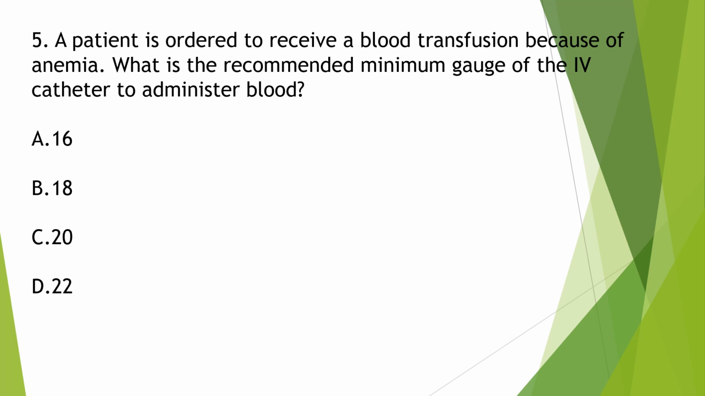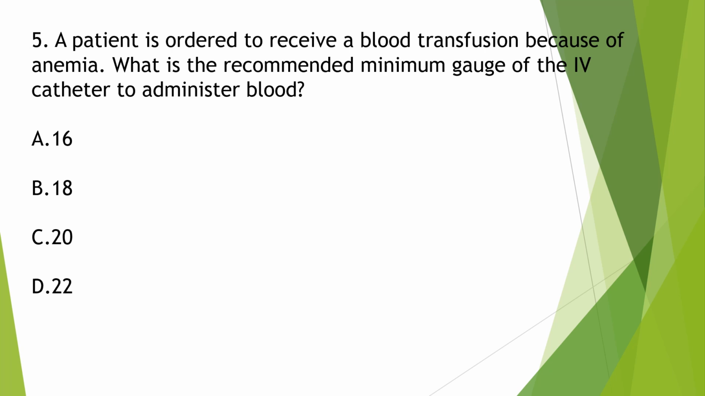A 16 gauge catheter is gray in color. The 14, 16, 18 gauge catheters are used when the patient had a trauma, a surgery, blood transfusion, or there is a need for rapid administration of large volumes. And 18 is green in color, I forgot to tell. Then moving to 20 gauge, it is pink in color and it is used for continuous or intermittent infusions